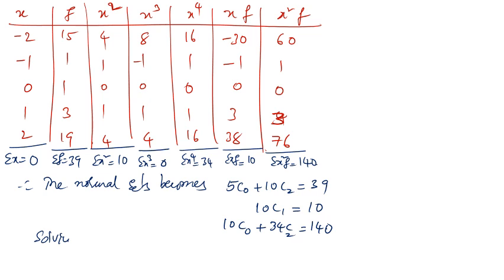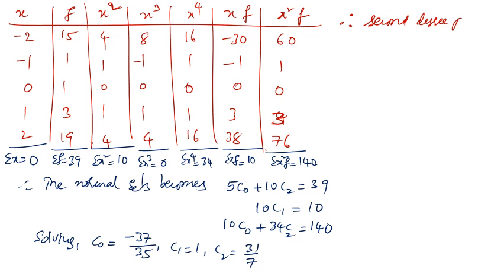Solving these equations, what are we getting? The c naught value is -37/35, c1 value is 1 and c2 value is 31/7. Therefore the second degree polynomial approximation